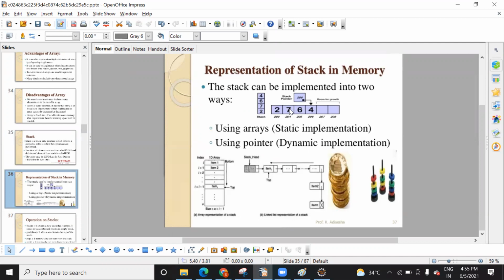So stack is a data structure that you can represent in the form of an array, and in Java we don't support pointers, so that is a dynamic one. Pointers are used for dynamic representation, as you know, like malloc, calloc we see in C language. You might have seen that. Malloc, calloc, I have not done. Malloc, calloc means with the use of pointers we use the functions malloc and calloc to assign memory.